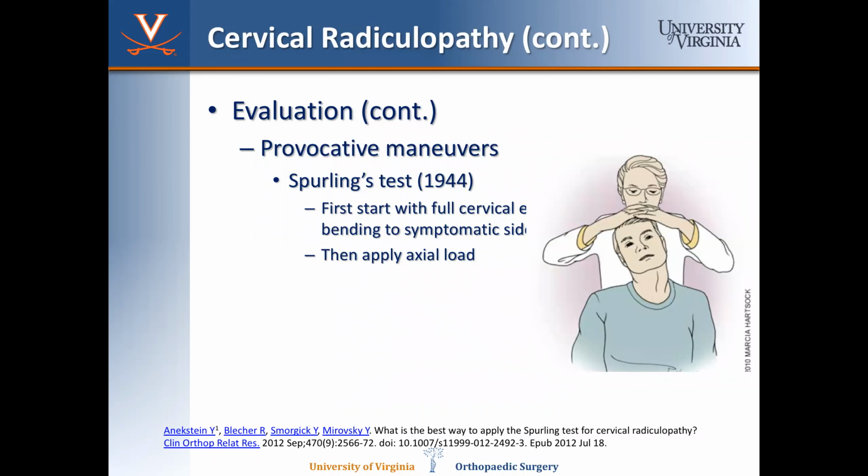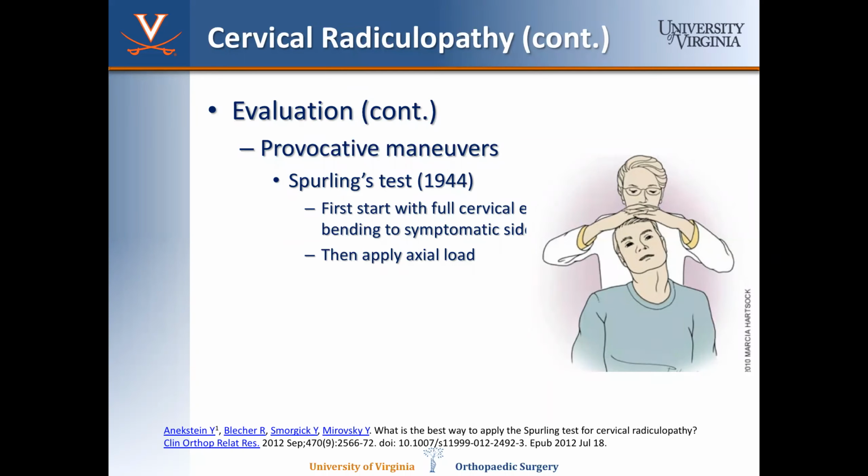This is the Spurling's test. There are really four components that we often don't talk about. First, it's an extension of the neck, and then a lateral bending to the symptomatic side. The idea is you're trying to pinch the neuroforamen on the symptomatic side. If the person is then symptomatic, and that's not neck pain, that's arm pain, it has to reproduce the radicular